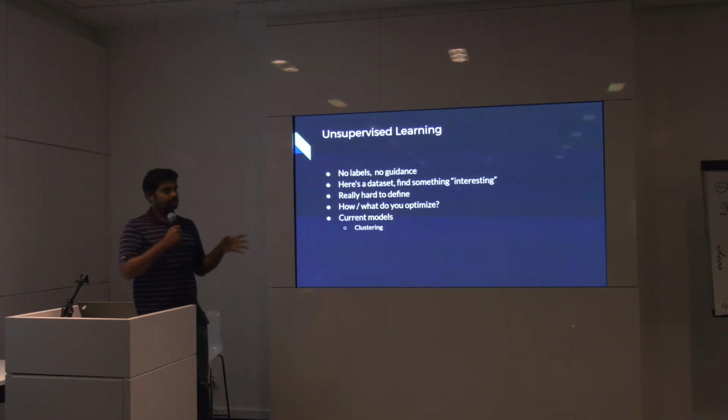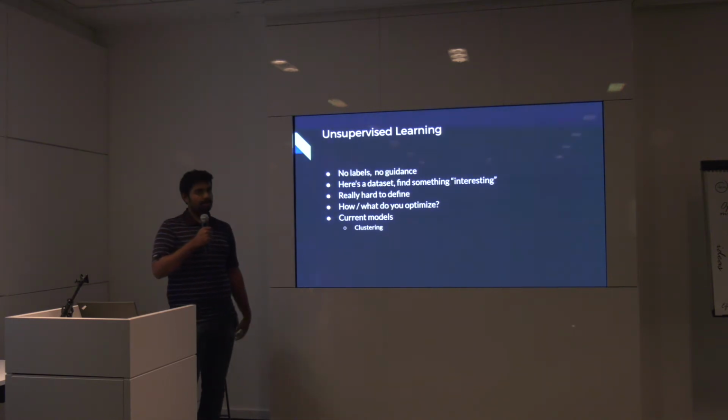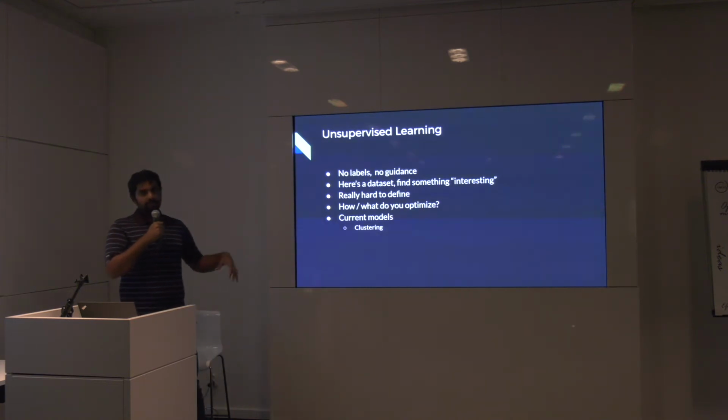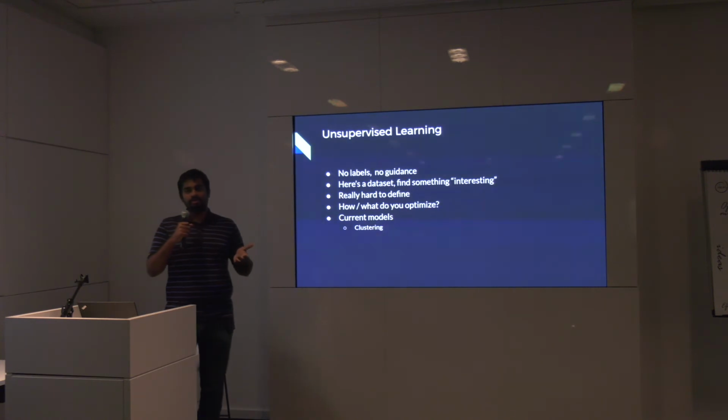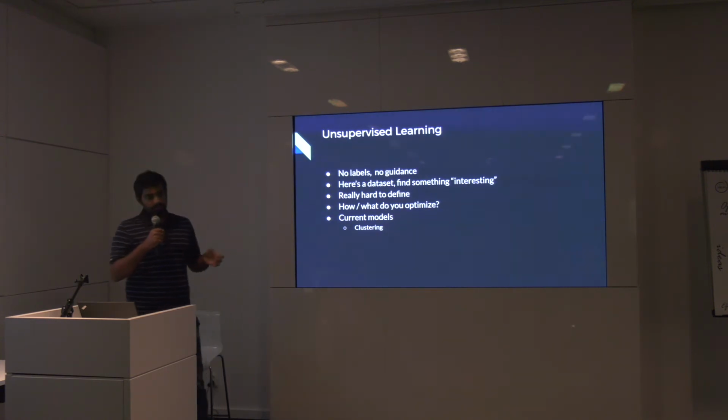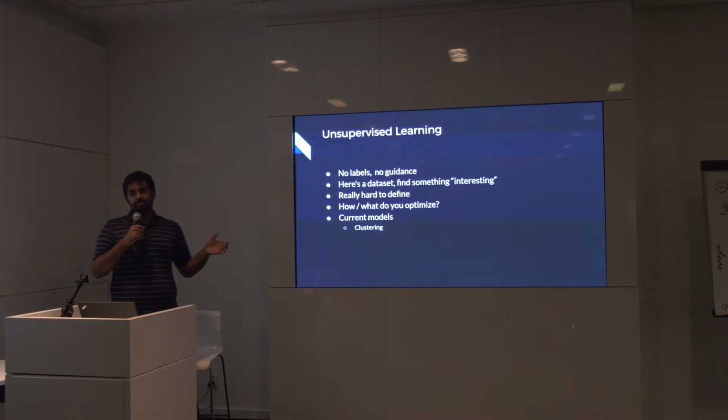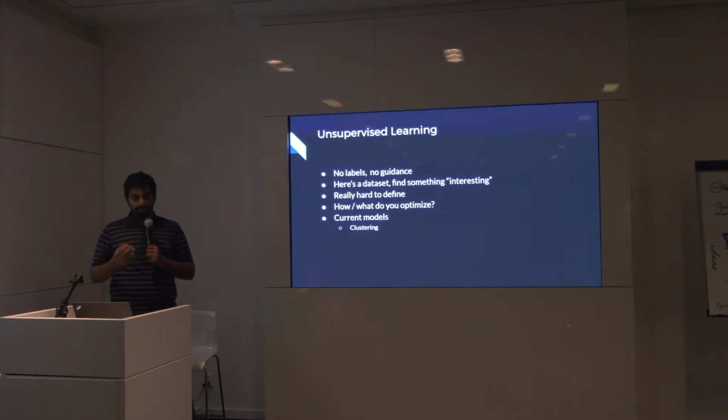But the models that are commonly used in this case are clustering algorithms. And even otherwise, right now in the deep learning field, it's a really hot area of research because people have no clue how to do unsupervised learning. And it's really important that we understand and do unsupervised learning because most of the data out there, almost 80% of the data, is unlabeled. It's just images, for example. You don't know the labels for that, and you would really like to use that data.